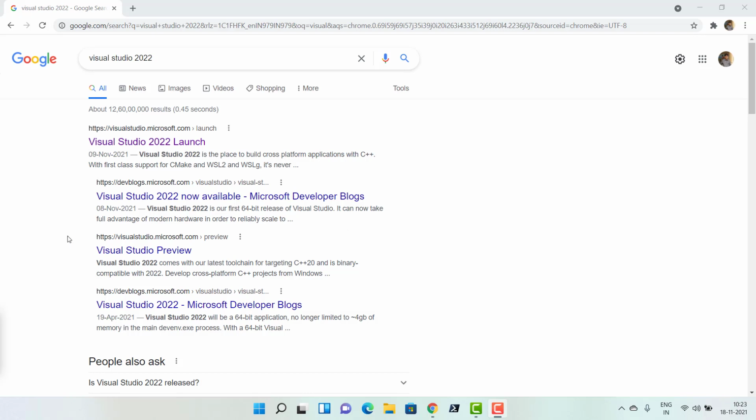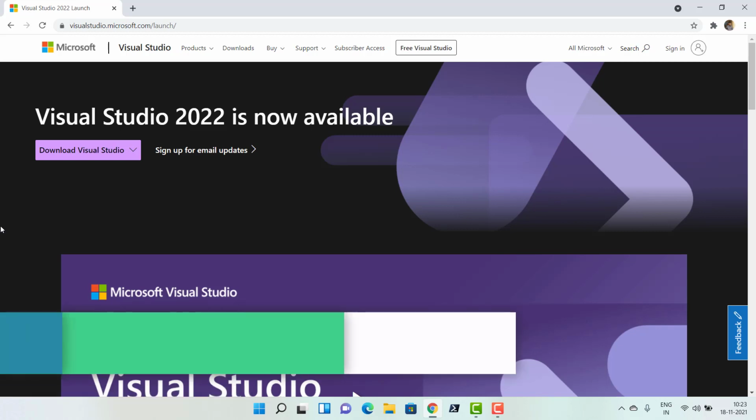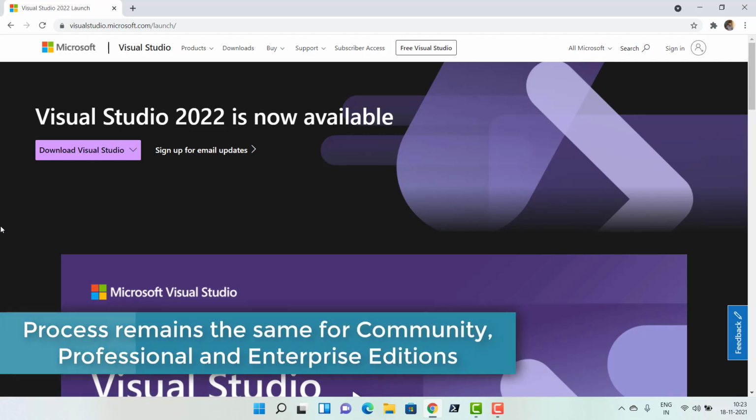So head over to Google search and then search for Visual Studio 2022 and click on the link that you get here, Visual Studio 2022 launch. So the URL of the website is visualstudio.microsoft.com. Okay. So once you head over to the page, what you would see is the download link for downloading the